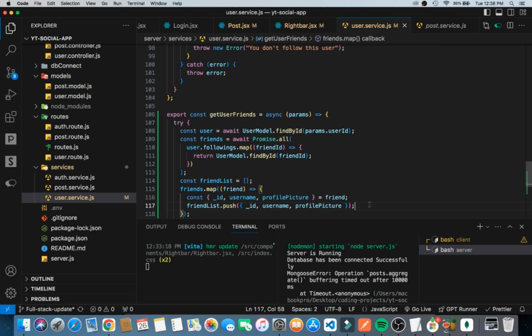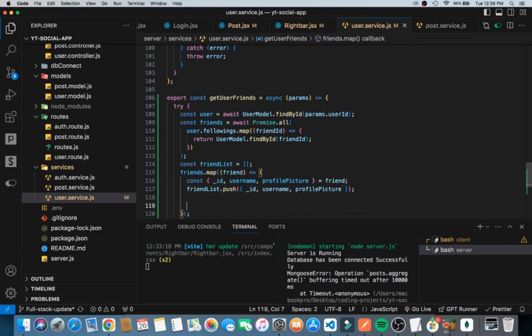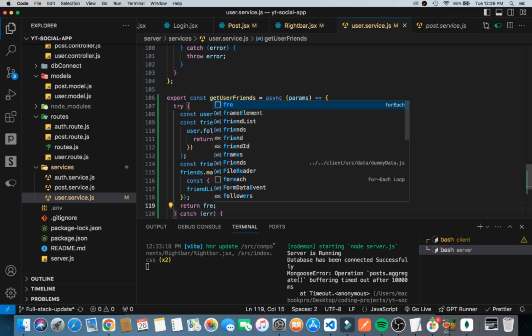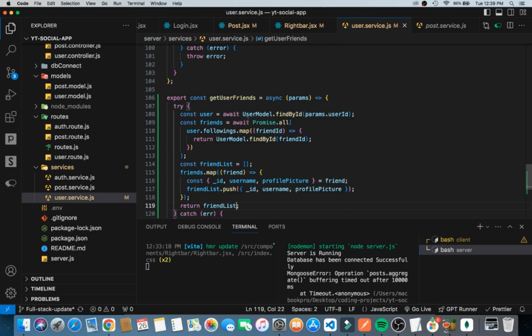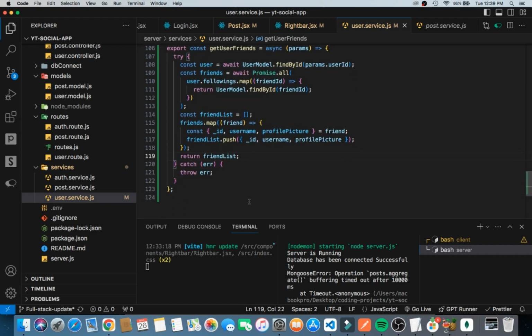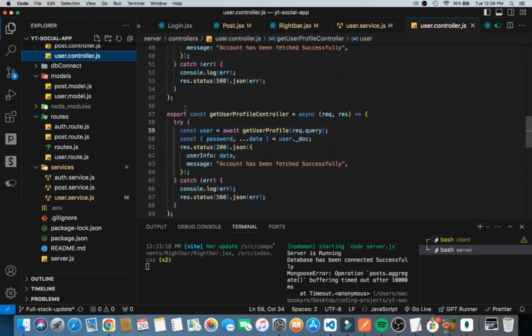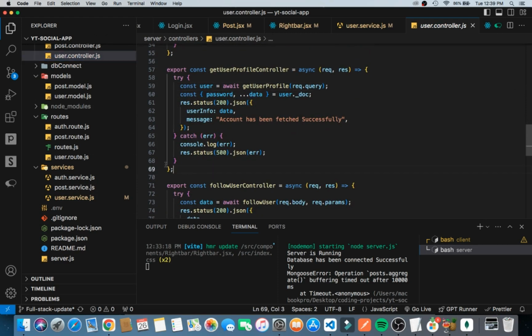Alright, so now that we have that all set up, what are we going to do? I'm finally going to return the friends list, right? So the friends list is going to be returned. If there's an error, we throw the error. Alright, now that we have set this up nicely, I'm going to go into the user controller here, then I'm quickly going to copy this, come here